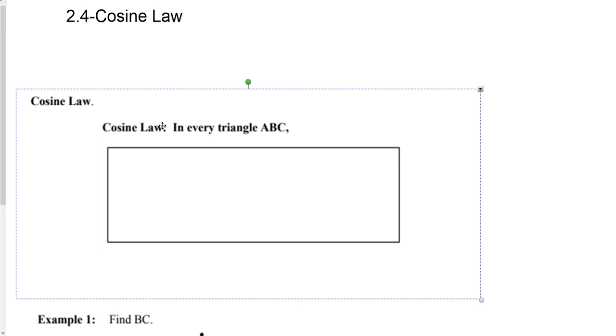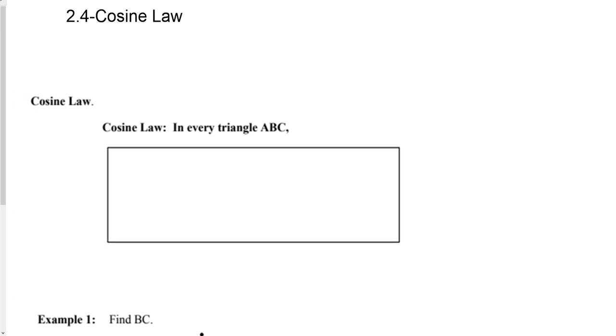You can use cosine law whenever you are given an angle and the two adjacent sides, or if you're given all three sides to a triangle and need to find an angle. So with cosine law, if you got a triangle A, B, C, the law is just